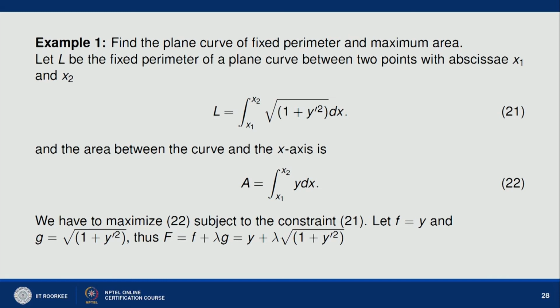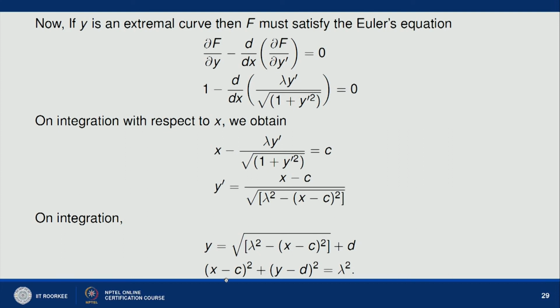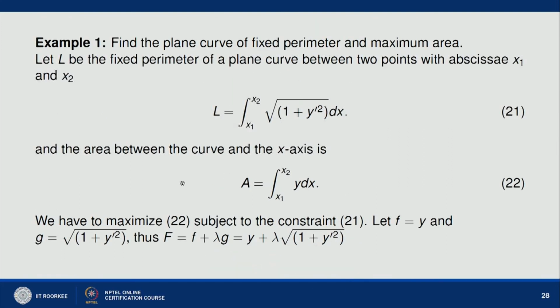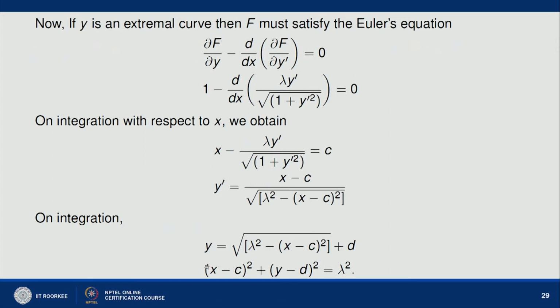So given the boundary condition, you can find the values of c and d, and this says that the extremal of this problem, a curve having fixed perimeter which maximizes the area, is nothing but a circle, which is given by this. Your c and d can be obtained by the